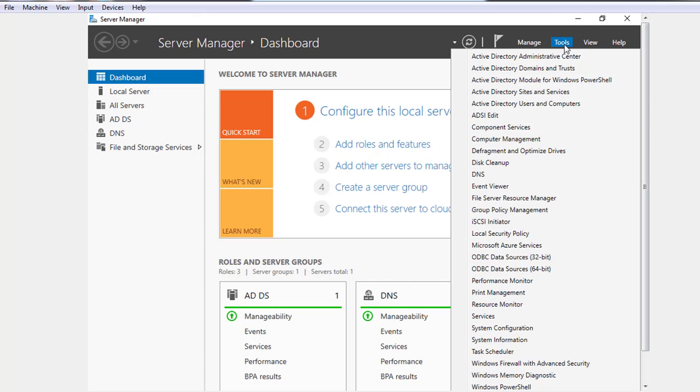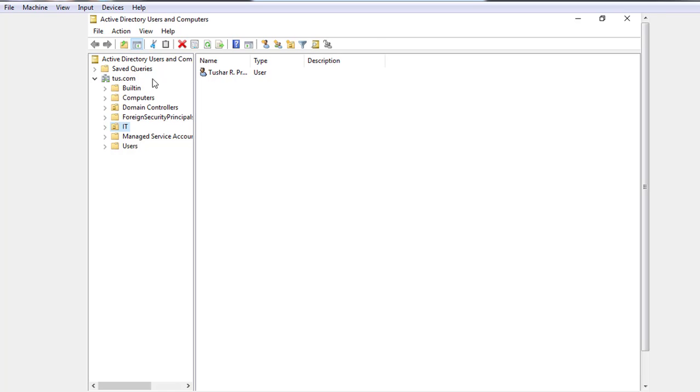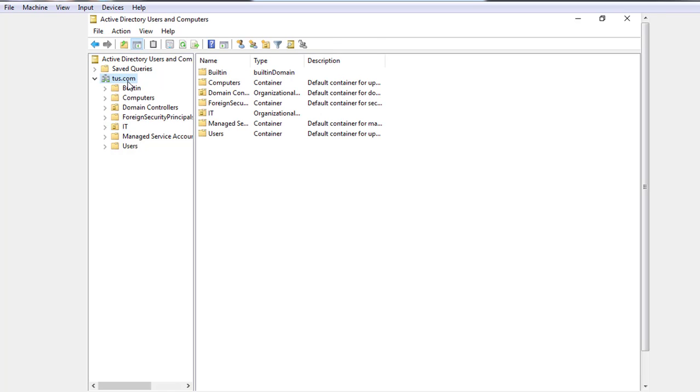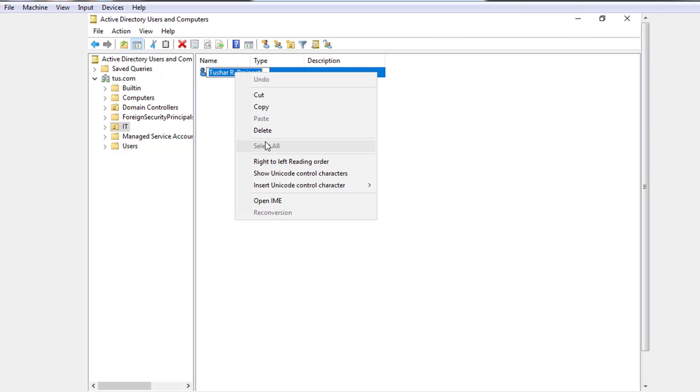Now go to Active Directory Users and Computers. Now you can see this is our domain tus.com. One of the organizational units is IT and this is the user. Now select that user and delete it.